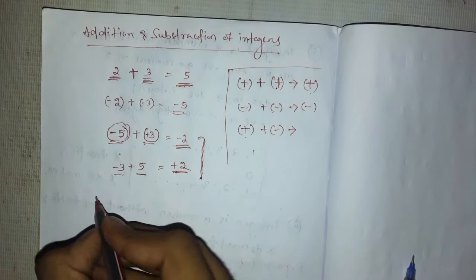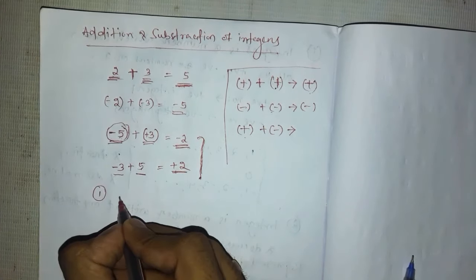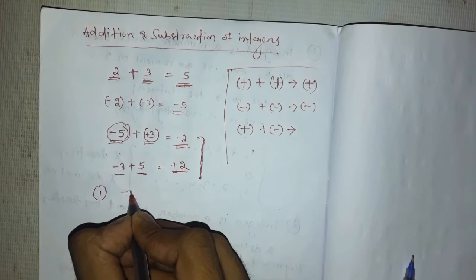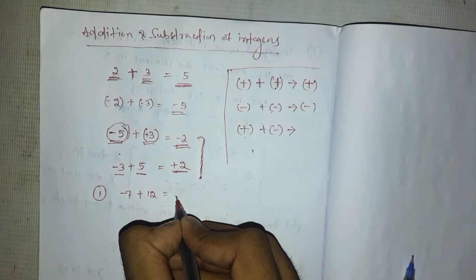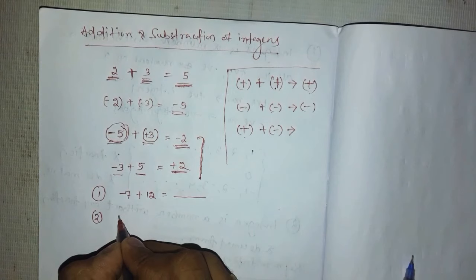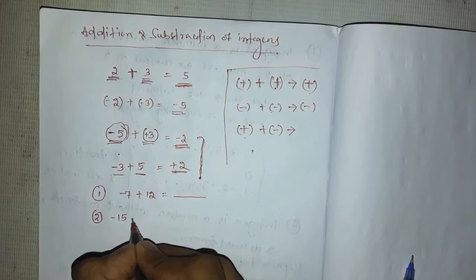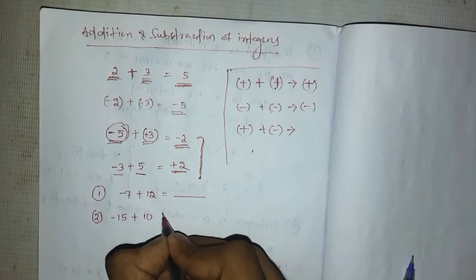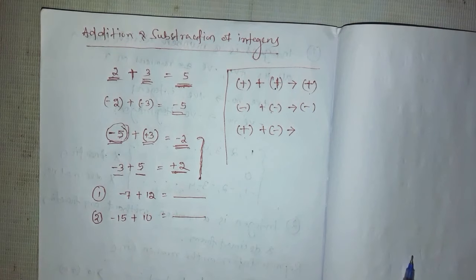I will give some questions. We have to do them. If I add minus 7 with 12, what will be the result? Quickly you have to say. Then, if I add minus 15 plus 10, what will be the result? Do these questions and say. Then after we will learn